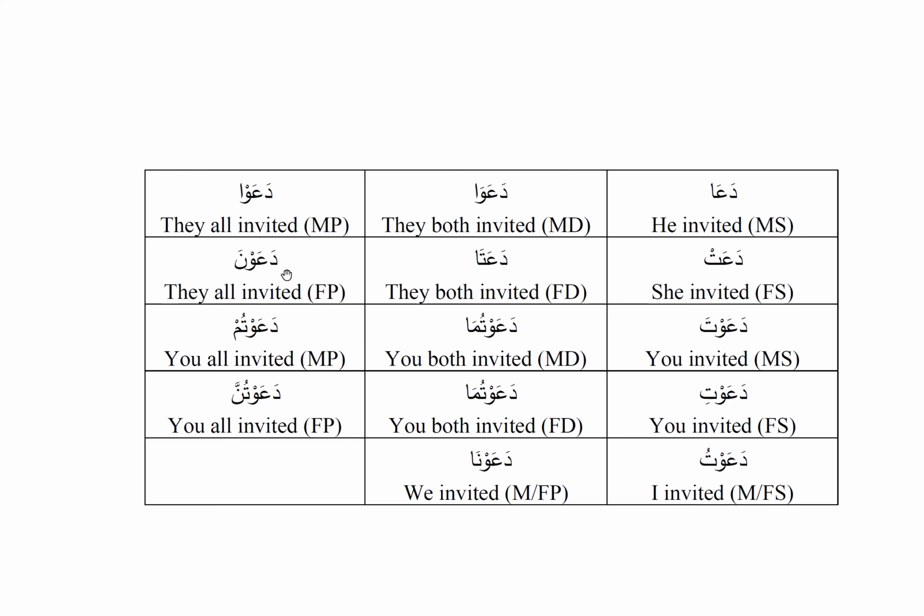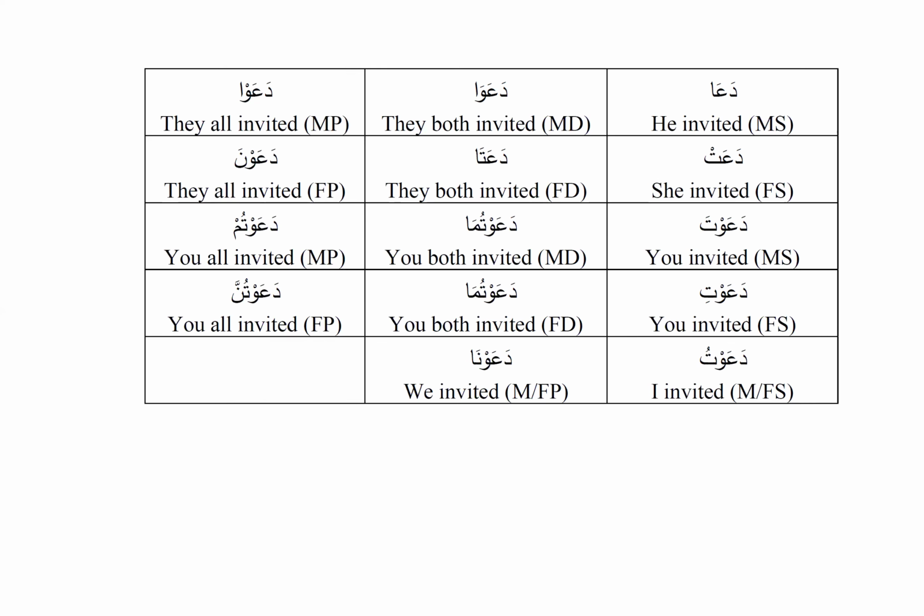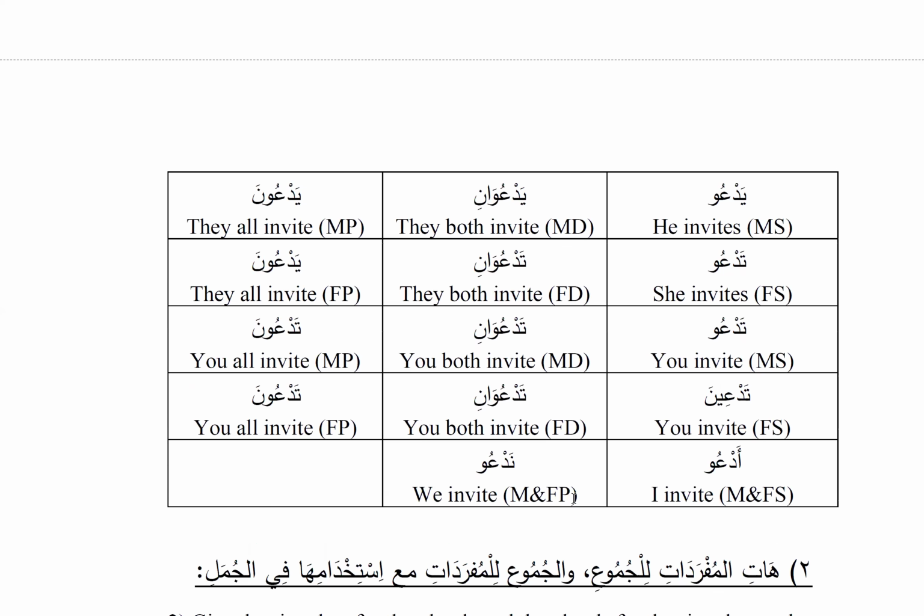Da'at, da'ata, da'awna. Da'awta, da'awtuma, da'awtum, da'awti, da'awtuma, da'awtunna. See the waw has come here also. Da'awta, da'awtuma, da'awtum. So the ending is all the same. Ta, tuma, tum. And da'awti, da'awtuma, da'awtunna. And finally da'awtu, da'awna. Now the فعل مضارع of it is يدعو, which is to invite, يعني in the